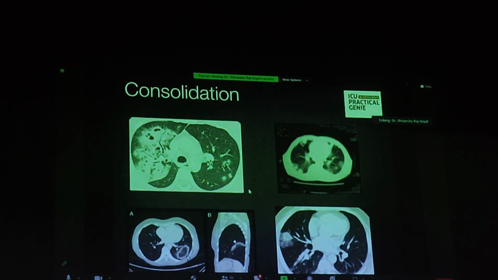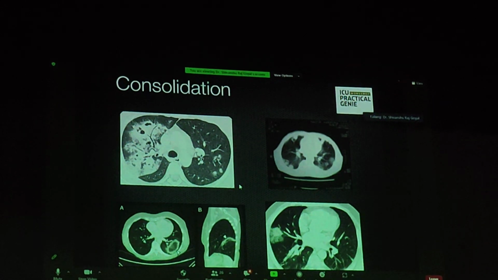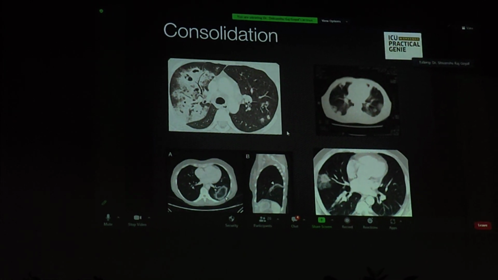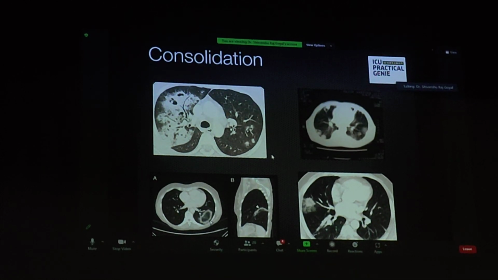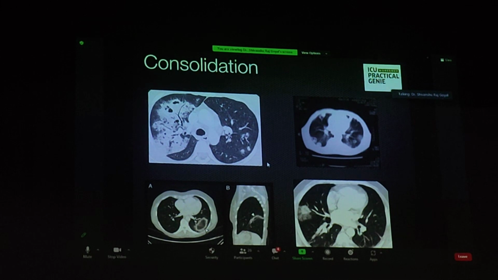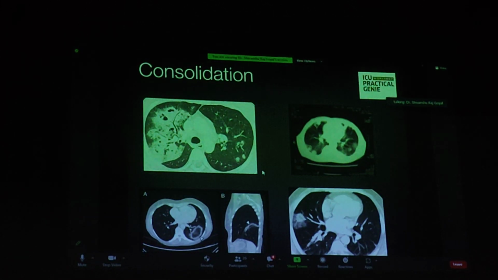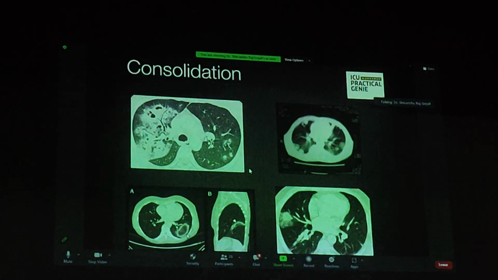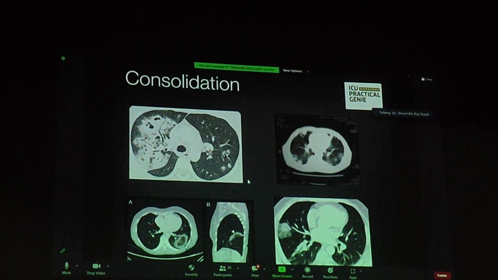So, coming further, do not use the words consolidation and collapse interchangeably. A consolidation is not a collapse. You can have a very large pneumonia and the bronchus is completely patent and visible. That means this particular patient has an infective pneumonia, but there is no mucus plug inside. What you see on the screen in the left upper side is a large pneumonia in the right upper lobe with a proper air bronchogram sign.